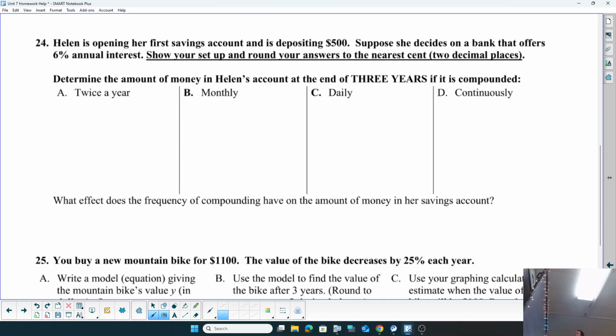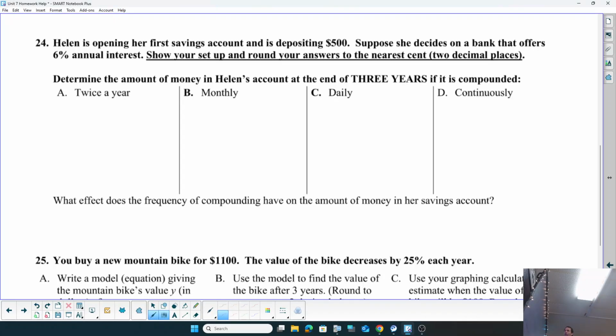So Helen is opening her first savings account and depositing $500. So we're going to use our equation there. Let me pause it for a second. All right, we're back. So I just want to give you a kind of a push in the right direction there. So the formula, right? You got to make sure to use the formula for these. And so don't forget the initial population is depositing $500. So we have our initial population for our equation is $500